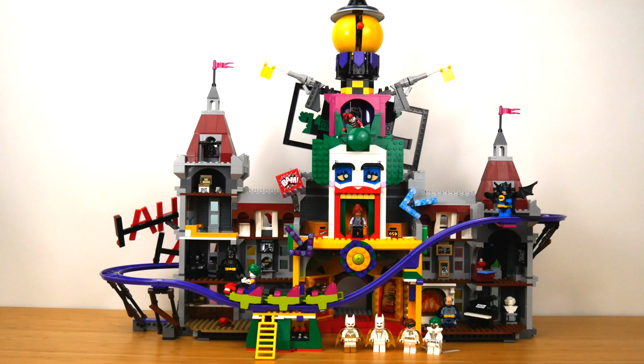Honestly, this might be one of my favorite Lego sets ever because even though I have my complaints with the interior, it's just so iconic. It's just so much fun. I think the Lego Batman movie is just such a good movie. I think it's probably my favorite DC movie, to be honest, although maybe The Batman is. But it was just such a great time to be a Lego fan, and I'm so happy that I finally have this set. I paid 500 US dollars for it, so that's a far cry from the 200-ish